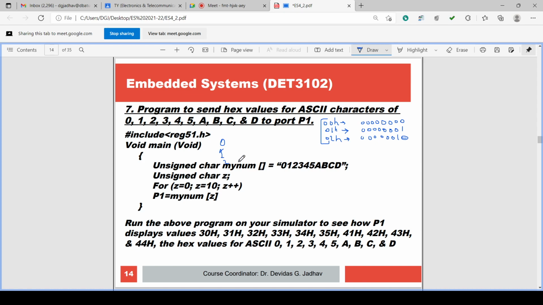And it is coded by some number. So this ASCII 0 is given some code. What is the code given for this? 30H. For this? 31H. For this? 32H.